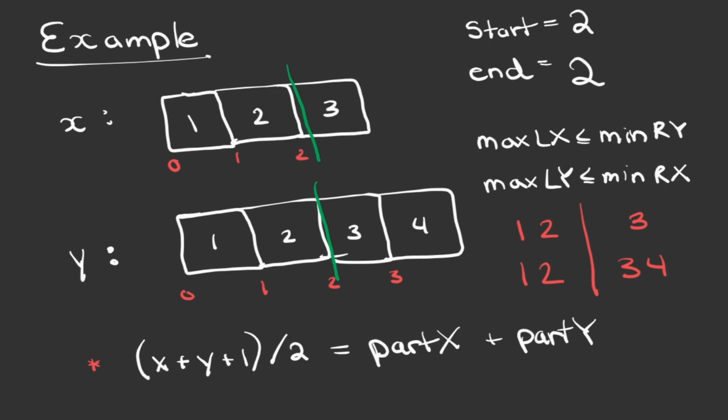So is the max left X less than or equal to the minimum right of Y? And 2 is less than or equal to 3, so this condition passes. Similarly, the max left of Y, is it less than the minimum right X partition? Well, 2 again is less than 3, so yes, it passes that condition. And since both of the conditions are fulfilled, that means we have found the 4 elements in the middle of